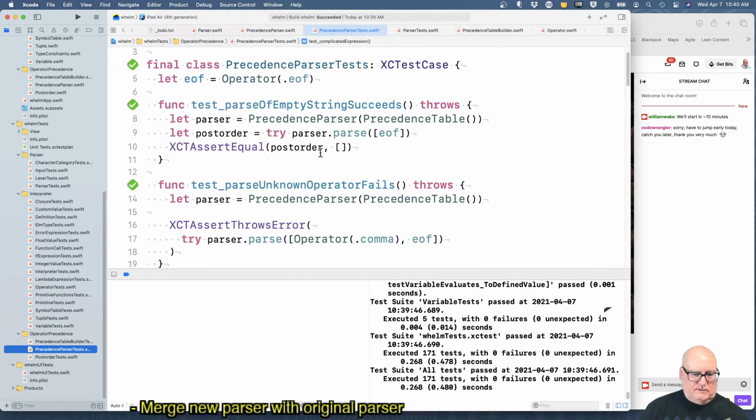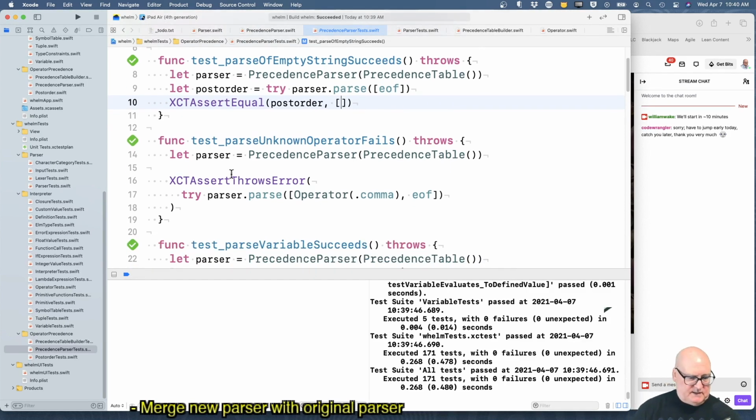If you only have an end of file, what should you do? I don't know. Empty one coming back, and then the precedence thing doesn't push anything. No, this is the one I want to worry about, I guess.